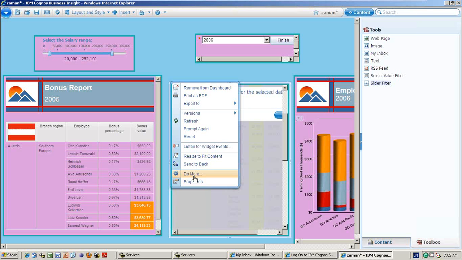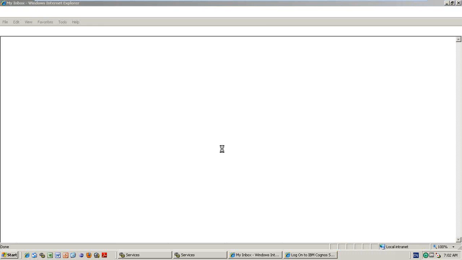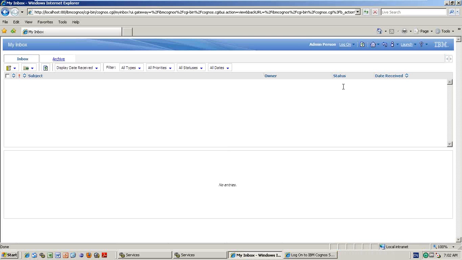Once you get the output, if you want to add any extra columns to the output, then you go ahead. It is not only from here; you can also directly create your own Business Insight Advanced report. Very easy, Business Insight Advanced.